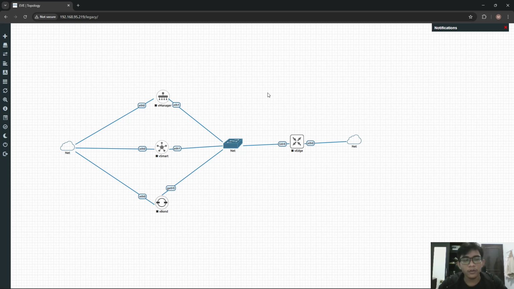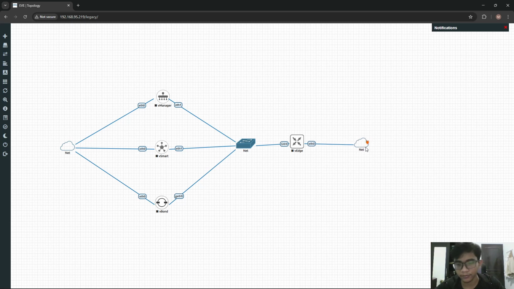In this topology, or for an SD-WAN lab, there are four main components. For the first is vManage, the second is vSmart, the third is vBond, and the last is vEdge.